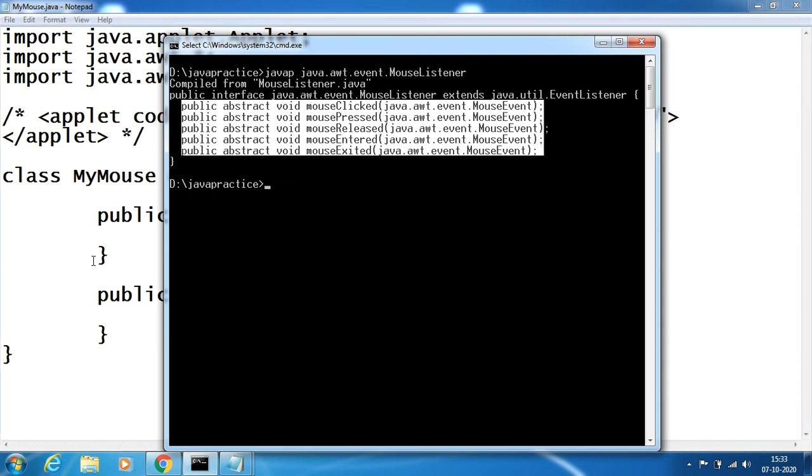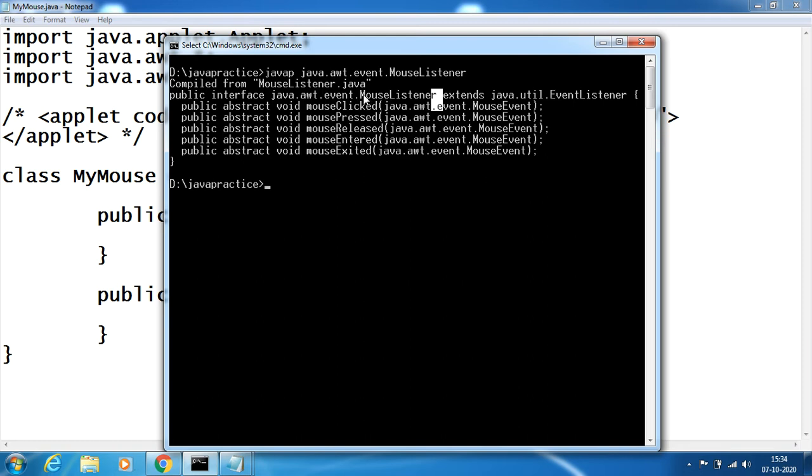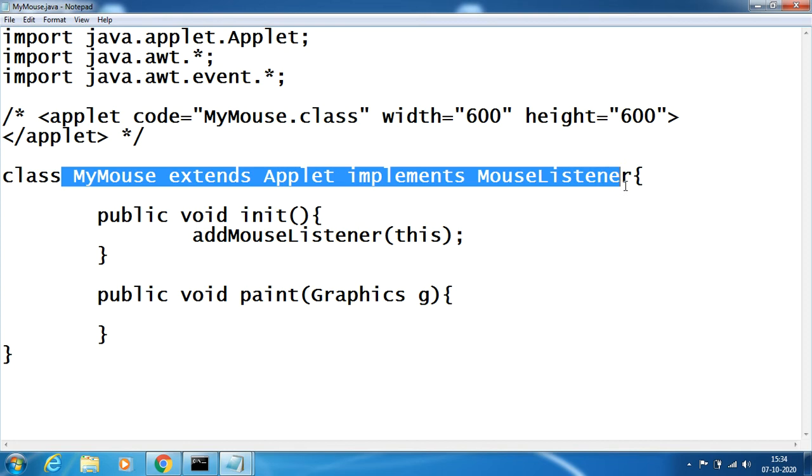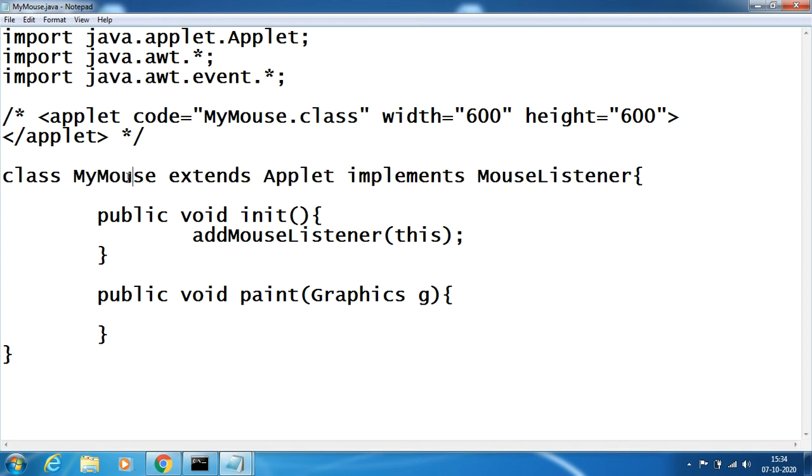I can say overriding is a strategy where a parent class and child class have the same kind of methods, right? This is a parent called mouse listener, which contains these methods, and the child class is my mouse, which implements mouse listener. And this kind of strategy is multiple inheritance, because a class extends one class and another class.